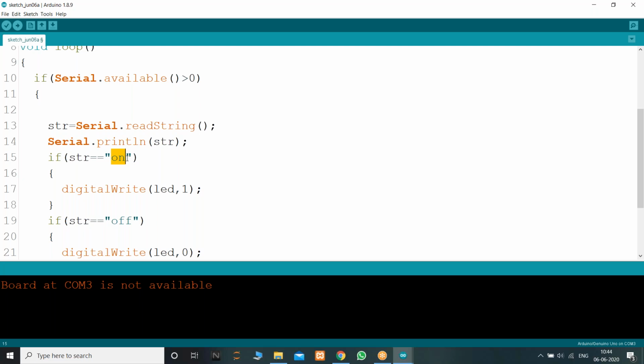So the user is going to send these instructions from other platforms, like from a cloud or by using voice commands. The instructions will be read by the serial monitor, and it will start comparing the strings. If there is any operation defined for a particular string, it will do the operation. Not only turning these LEDs on or off, you can run motors, or you can make angular rotations also, by using these instructions. With these commands you can control anything.